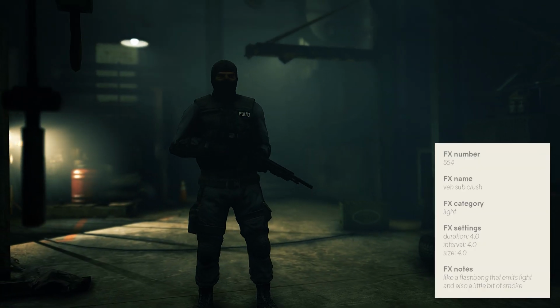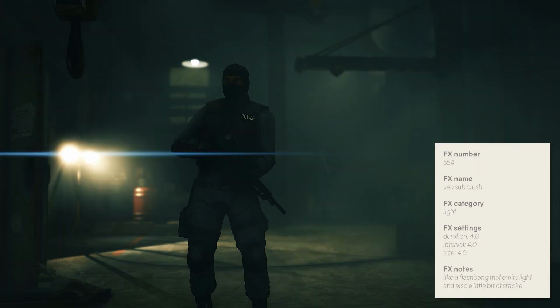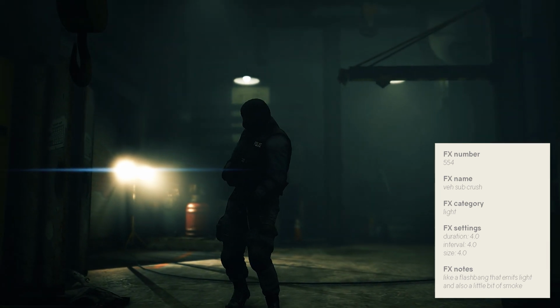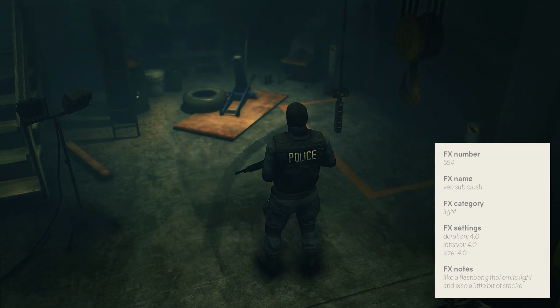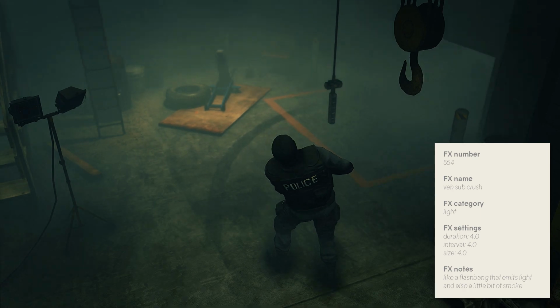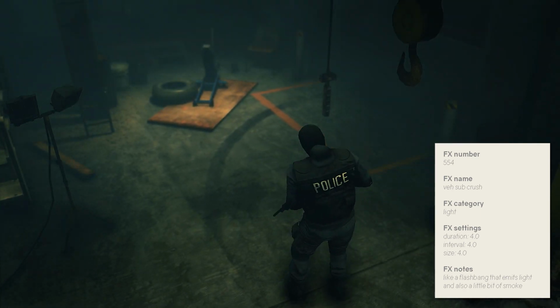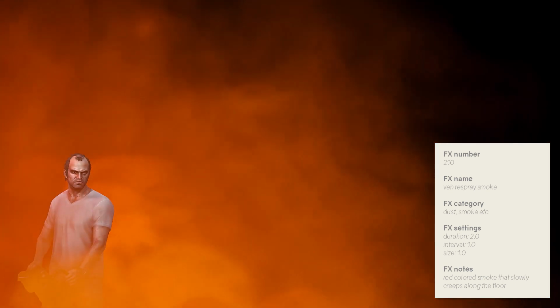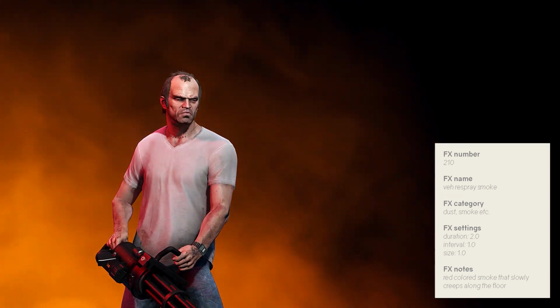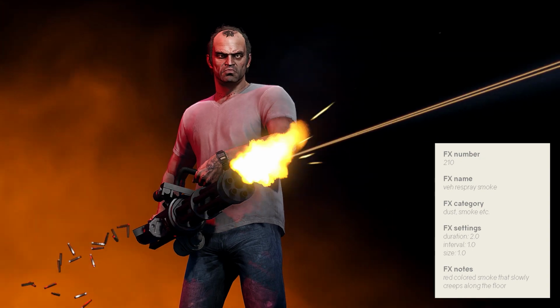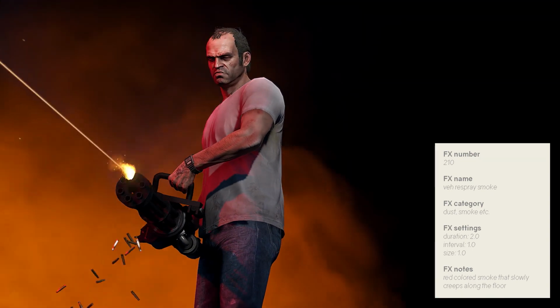This next effect here can be a really cool flashbang effect if you scale it up a little, because it lights up the surroundings. With multiple of these effects you can create a convincingly bright flash. And will you look at this crazy red smoke effect where a character emerges like a total villain? With some more light, this looks absolutely insane.